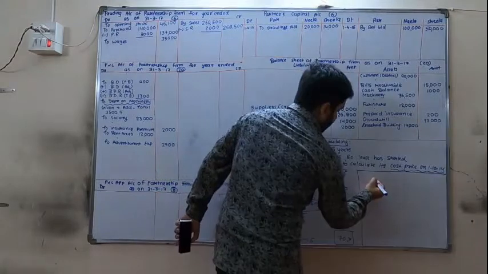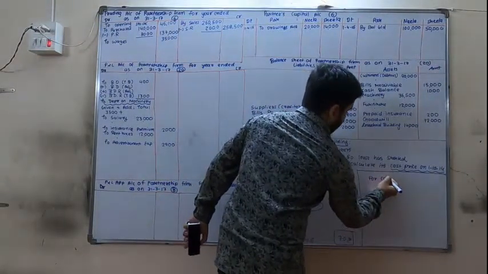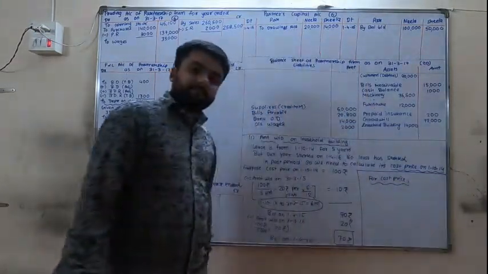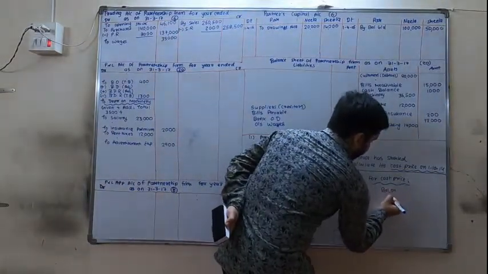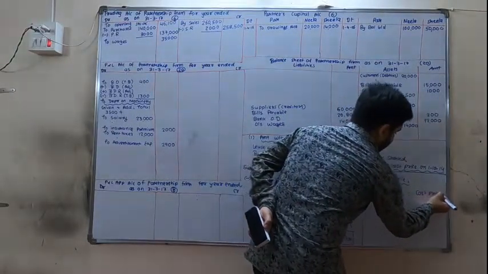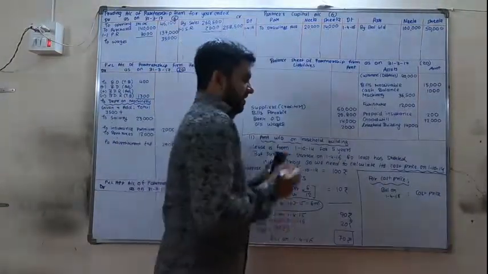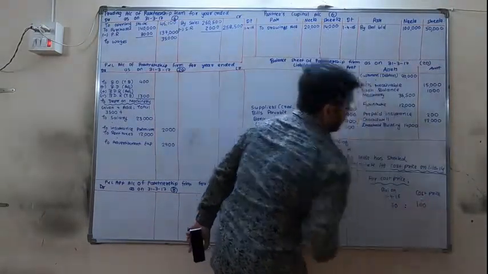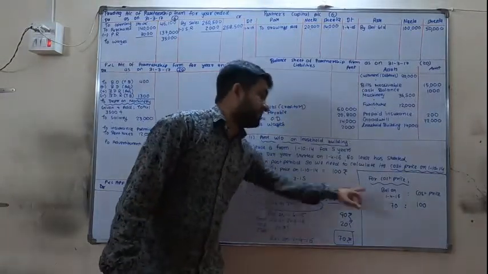How can we find it? Then we will write for cost price. We will compare the balance with the cost price. Now, the balance on 1/4/16 was 70, and the cost price is 100. When we got a balance of 70 rupees, its cost price was 100.